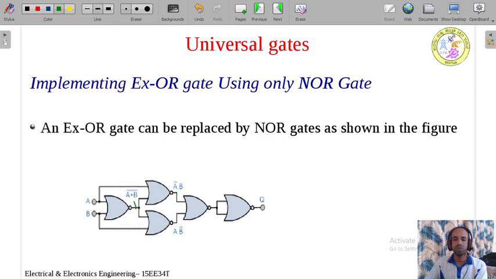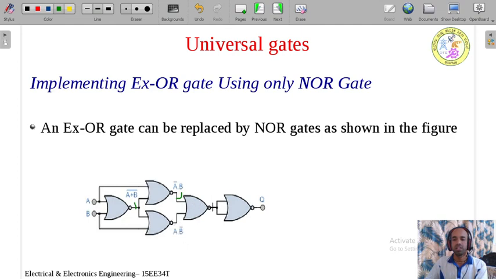At this point you have got A B whole bar as the output. And what is the output available here? It is nothing but A bar B. We need to take this intermediate output and this input. This is the second input and this is the first input to the second NOR gate. Again simplify the expression, you will get A bar dot B. Again the output of this gate you will get A B bar. One input is B, another input is A plus B whole bar. Simplify the expression, you are going to get A dot B whole bar.